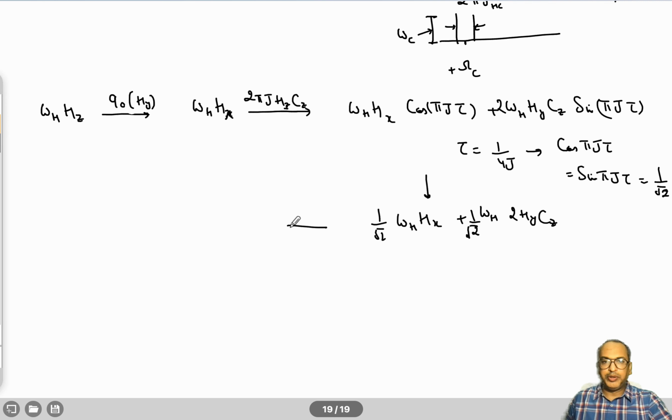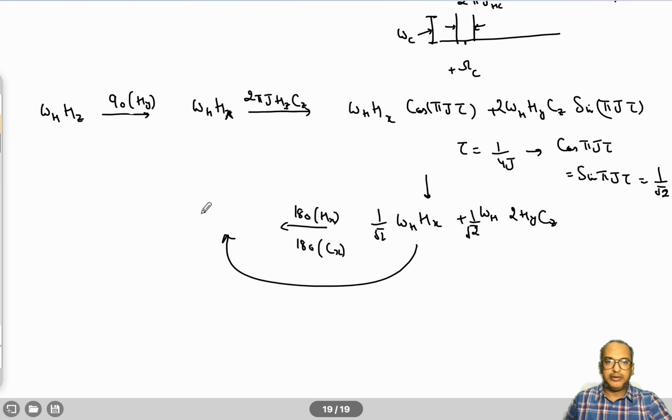Now let's apply the 180 degree pulse on Hx, and you also have a 180 degree pulse on Cx, right? Both are x phase, so I'm writing x over here. X phase does not change Hx. It changes the sign of Hy, it changes the sign of Cz, so that means it remains the same. So basically the set of 180-degree pulses does not do anything here, and the same operator comes over here. I will save some time on writing. Okay, so now what do I get?